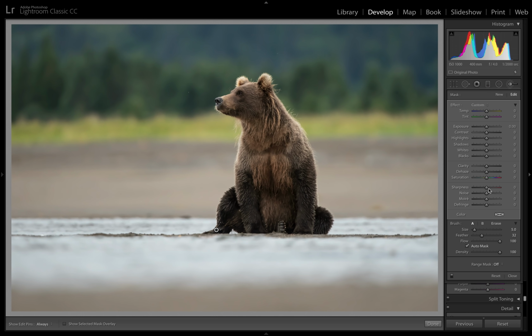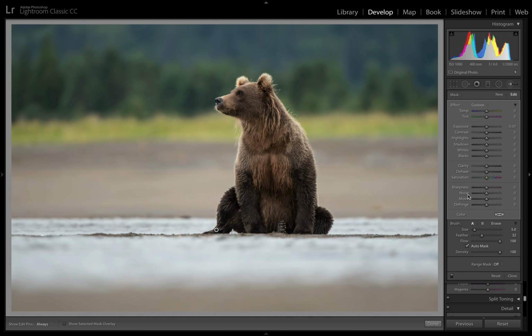And if you look down here, you'll find noise. Now, unfortunately, this is actually mislabeled. It should not say noise. It actually should be noise reduction. If you were to use ACR, which is Adobe Camera Raw and is actually the engine that drives Lightroom, then this would in fact say noise reduction. That's the program that immediately pops up if you edit your raw files directly within Photoshop. But over here in Adobe Lightroom, I guess they just didn't have enough room to put the other word in there. And so you're left with the word noise, and you just basically have to figure out what that really